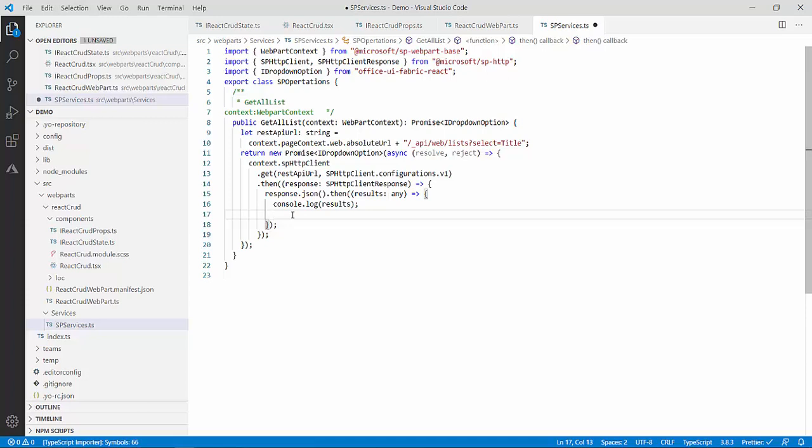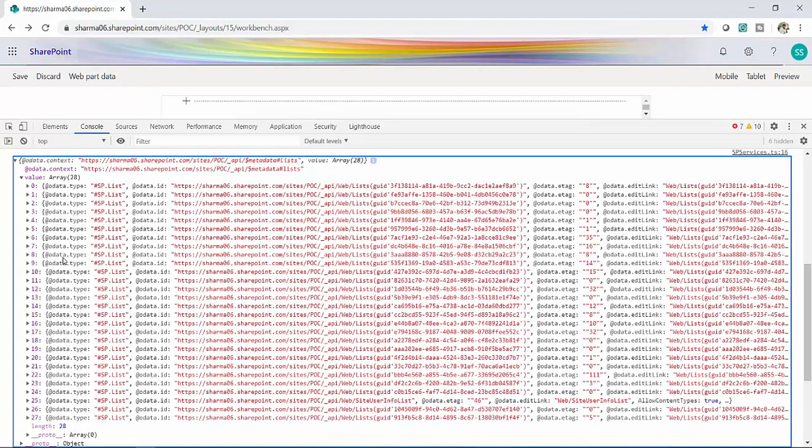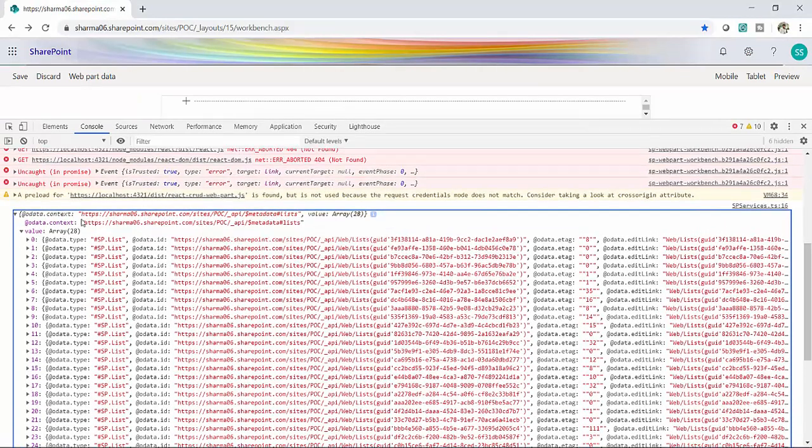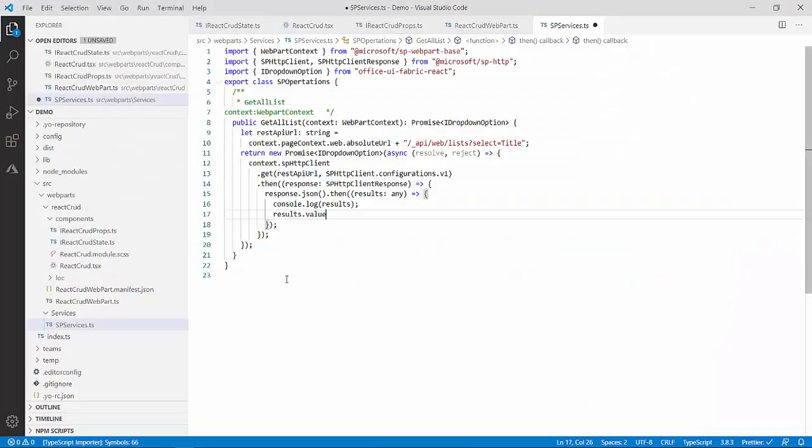So what will map do? Results dot value. You remember I have value over here. See, the result is this, and now I have to go to value. So result dot value. These are the things you have to do. Whenever you are doing any coding and you are getting the result, try to see those results in your console and format your result accordingly. So I will use results dot value dot map.